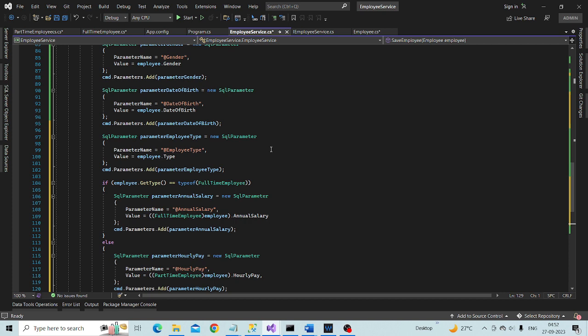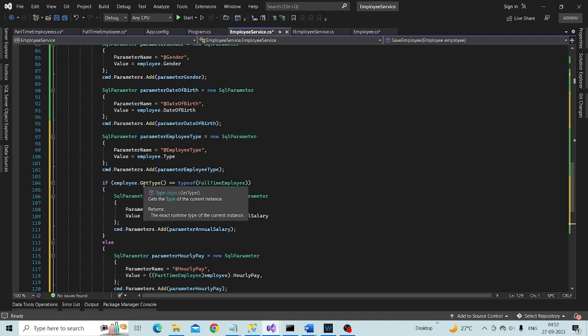How are we getting the type of that object? Using the get type method. Look at what it is returning. It is returning the type back,